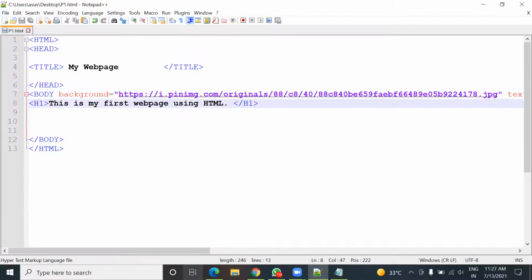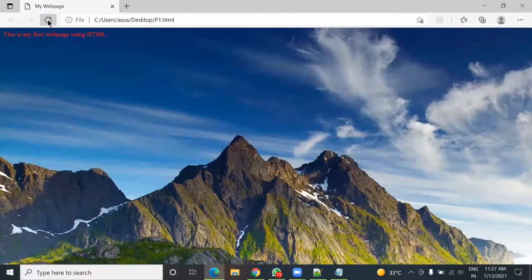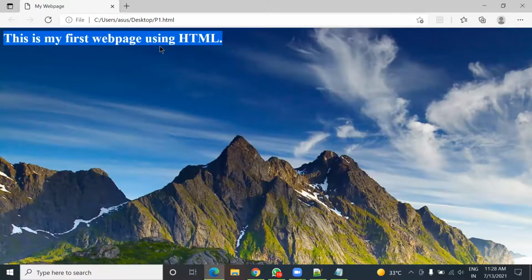Save this and see the change. Now you can see this text is showing in bold characters and with a little increase in size also. Is it? Yes, sir.